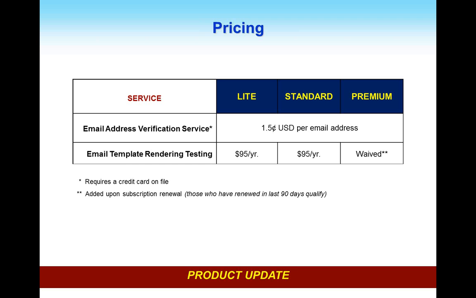The email template rendering is a flat $95 per year. You'll notice that we now have slightly different names going forward for the versions of IntelliClick. Light is the same as it was always called. Standard, which is our limited tracking version, has a certain volume of tracked links that will be tracked into your system on an annual basis. Premium is what we used to call the unlimited version that has no limitation on how much tracked data goes